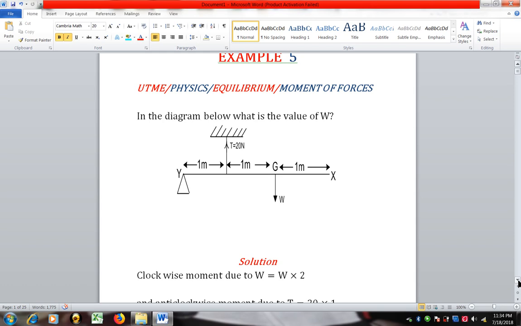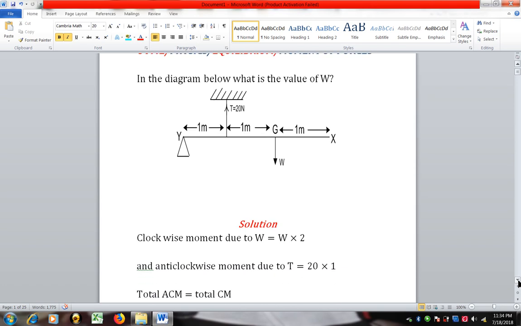So what we are going to do now is to calculate the clockwise moment. With respect to this fulcrum, the force that tends to cause the body to rotate downward, that is to rotate clockwise,